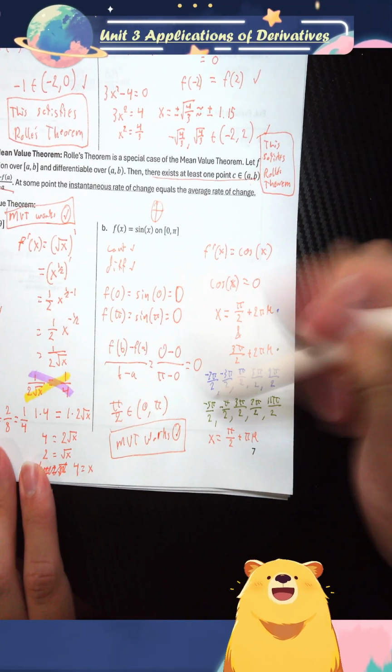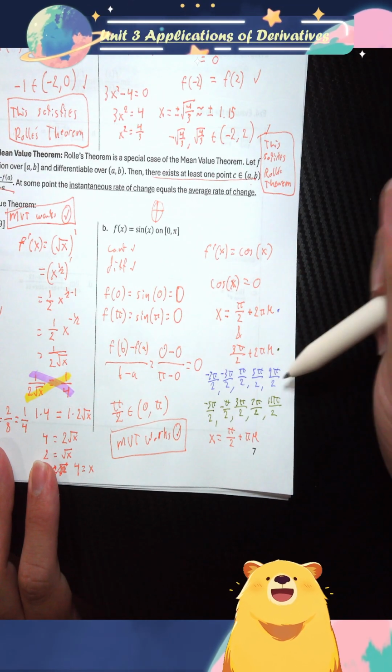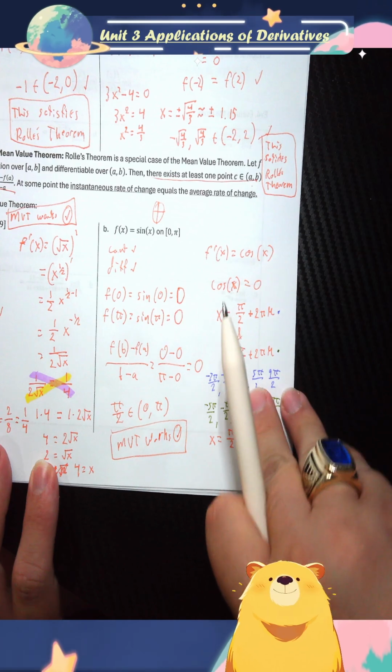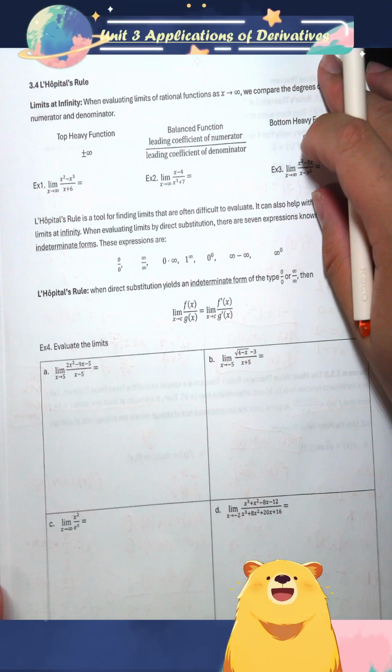But you do need all of this work, and notice how there's different ways to work this one out, but you need all of this work to verify that the theorem works. Same thing for Rolle's theorem as well. All right. The next thing we're going to learn is